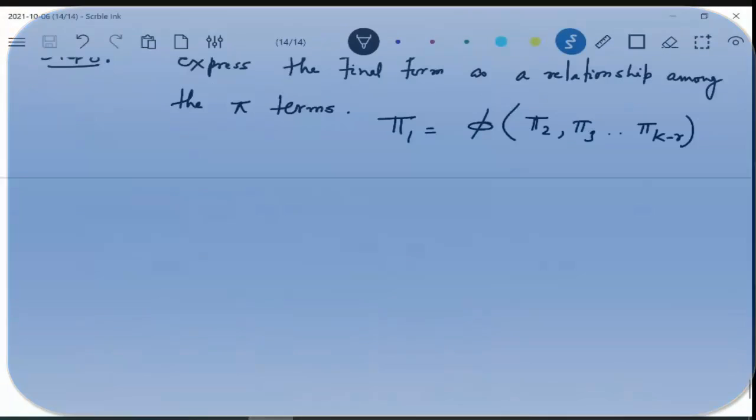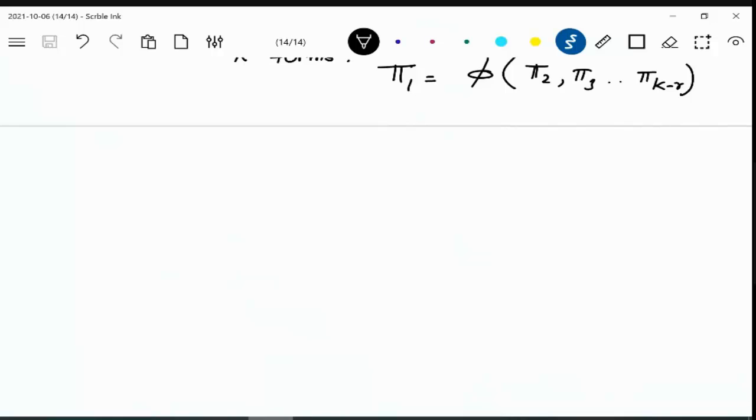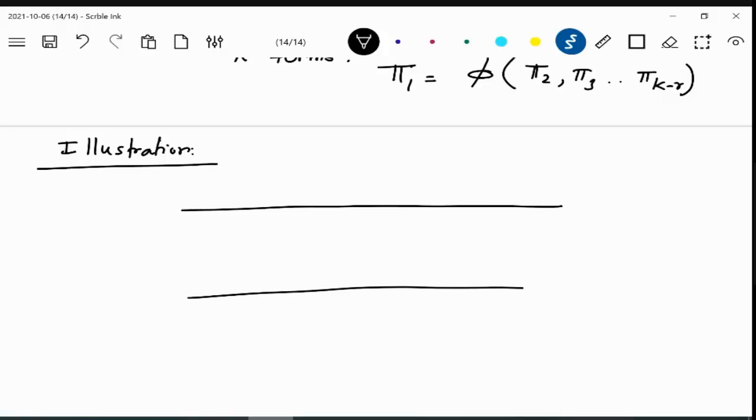Anyway, I'm assuming that you haven't understood anything up to this point. That is fine. Now, I will illustrate this theorem or these steps using a problem, and towards the end of the problem you should be able to understand whatever we have discussed here. This problem is the same as the one we started in the previous class. Let's say you have a pipe and water is flowing through this pipe.